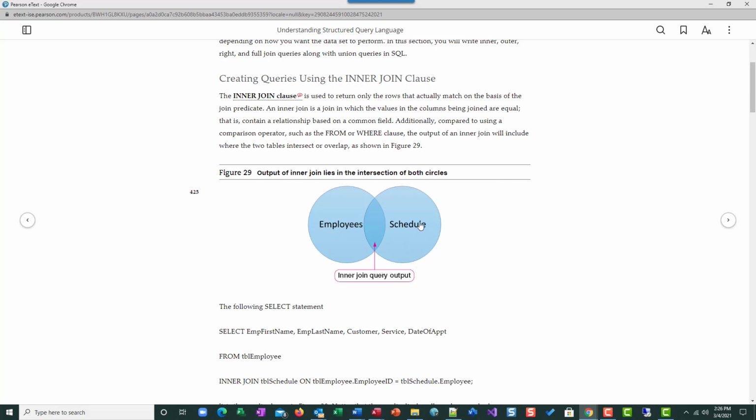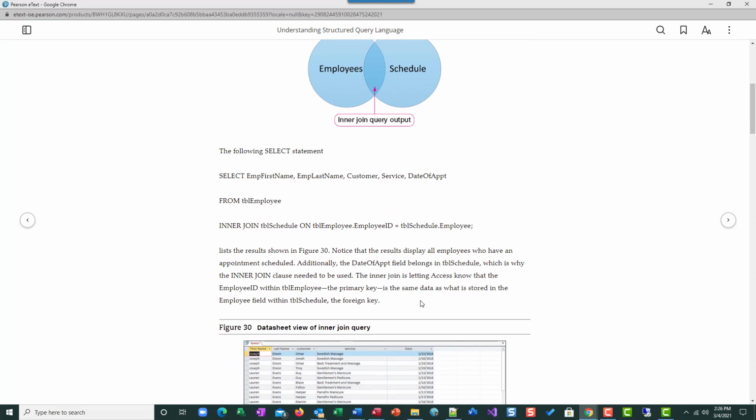We have the table employees and the table schedule, and the set of all records in each table. The inner join is the intersection between employees and schedule. So the only records returned in the result set would be the ones where employees exist in the schedule. If we have employees that don't have any data in schedule, they would never appear in this query. So what we want to do is this inner join